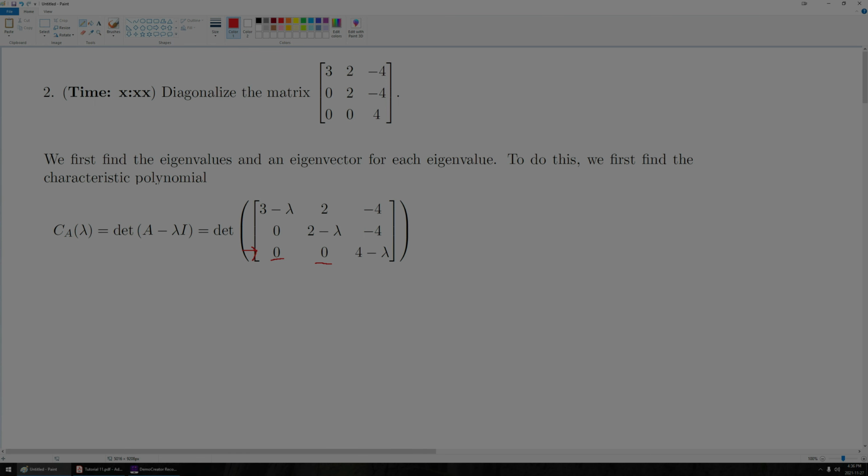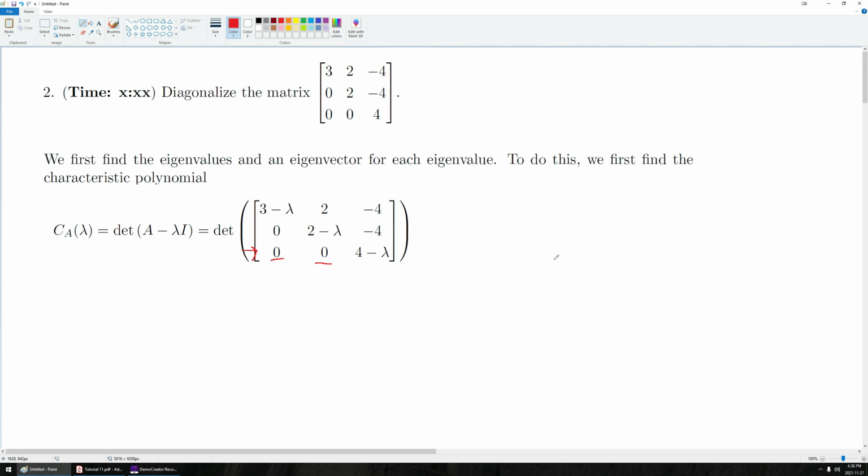So if I do this, the first expansion tells me that the determinant will simply need to be this term here, this 4 minus lambda, multiplied by the determinant of this 2 by 2. Okay, so if I do that, determinant of a 2 by 2, that's trivial to compute. It'll simply be this term multiplied by this term minus the 2 times 0, or simply the product of these two terms. Okay, so from here, that is my characteristic polynomial, and lucky for me, it is already in factored